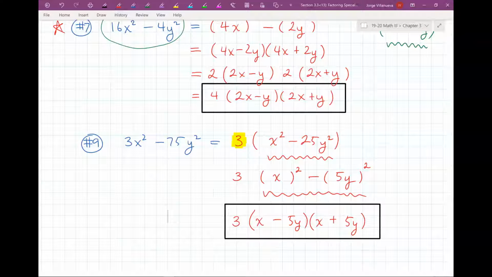Okay? So unlike the one up there, we had a 4x minus 2y over here in this step. This is the one I'm talking about. We had a 4x and a 2y. They had a 2 in common, so that means I have to factor it. I can't just leave it like that, because they use this nice little word that always means you better factor everything, and they say completely, right? Factor completely. That means anything they have in common, you better be taking that stuff out, or else it's not